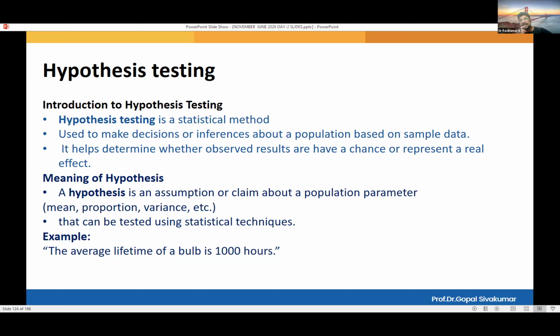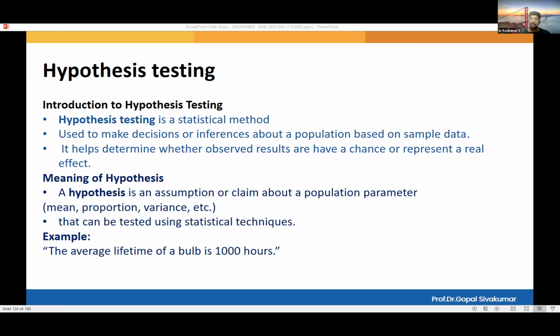Then what could be the null hypothesis statement? Any one of you, I want you to give me the null hypothesis statement. Yes, one of you has posted it. No need to interpret the H naught symbol. It is just a symbol. Null hypothesis is represented by H naught, that's it. You are going to say H0.